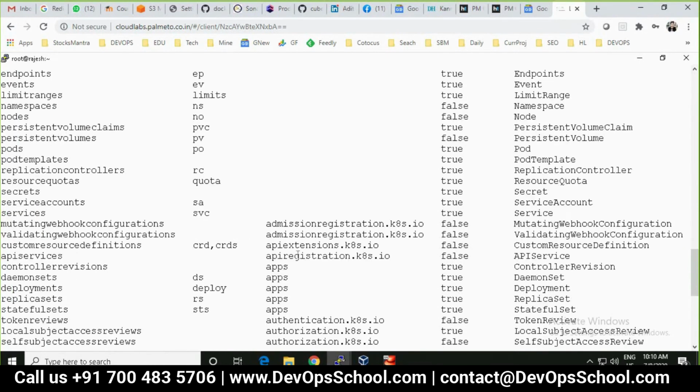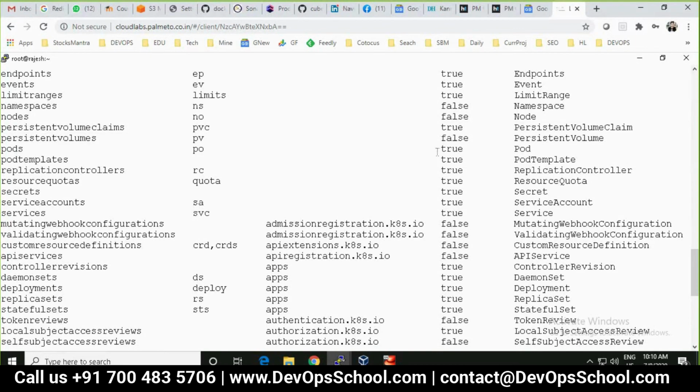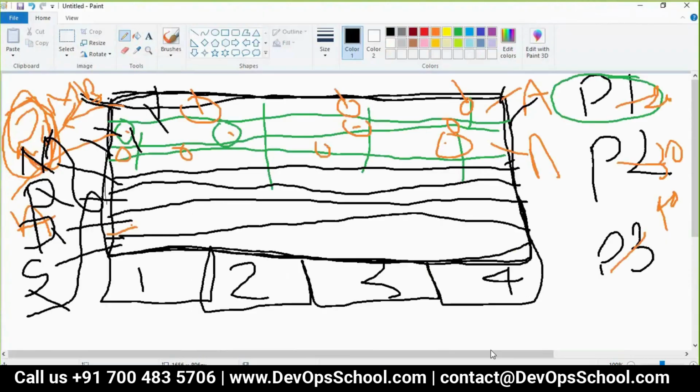That's an interesting story, I will tell you. Then it says pod, namespaced true. Namespaced true and false means there are some API resources which can be created inside a namespace only. You cannot create them outside. That means this object is unique to the namespace, so it is true.